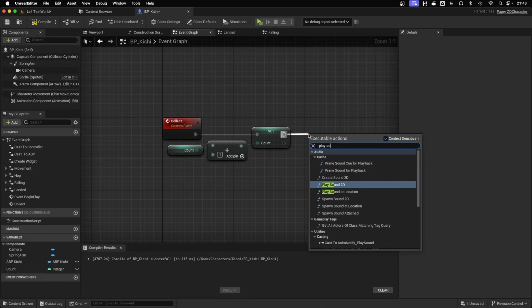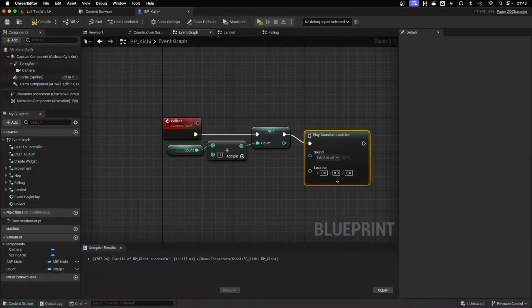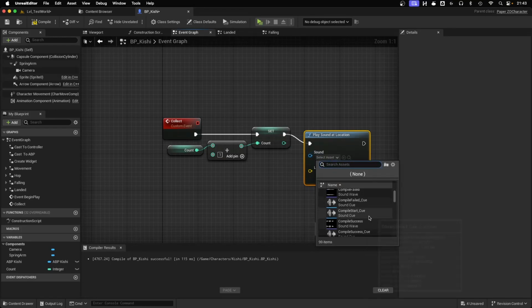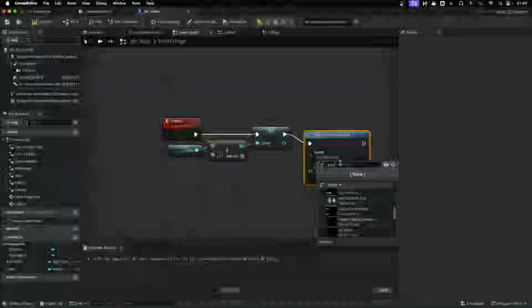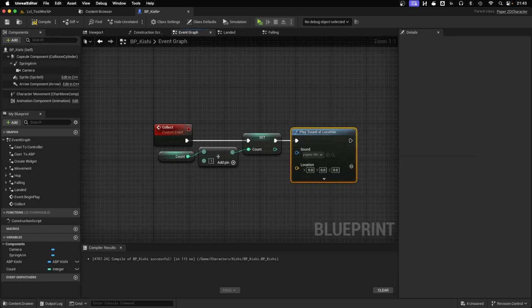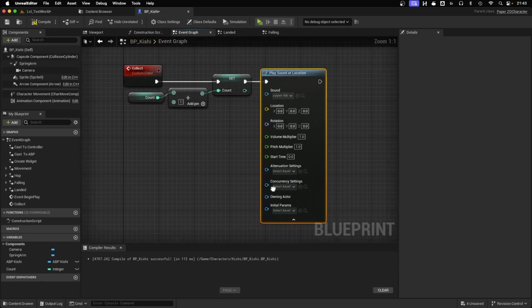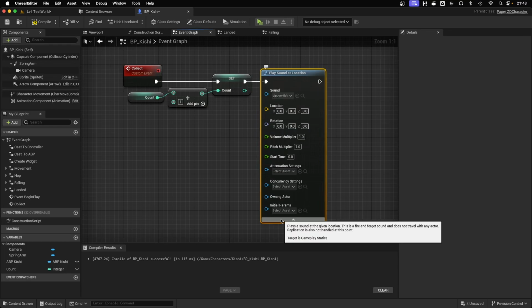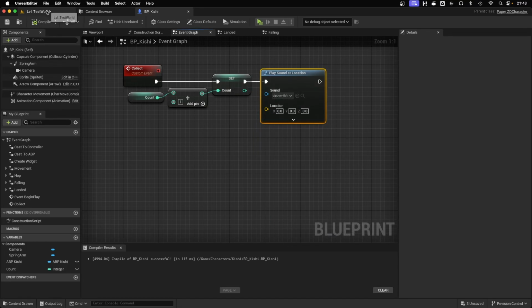Play sound at location. Location just doesn't matter. And I'm just going to search up what it was called. Yeah, you can see you get all these fancy options, but we don't need them. That will work. So now if we play,